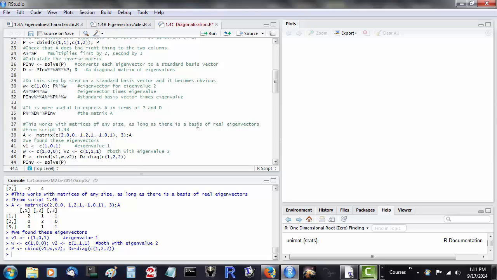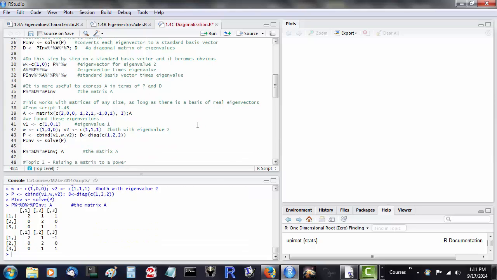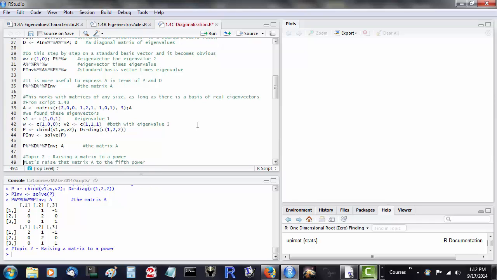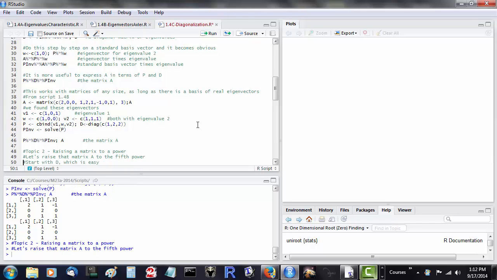I will use solve to invert P, and when I multiply P by D by P inverse, I get back the matrix A. So we can do this. What's it good for? Well, the simplest application is raising a matrix to a power. If we wanted to raise the matrix A to the fifth power, we could do 4 matrix multiplications, but here's